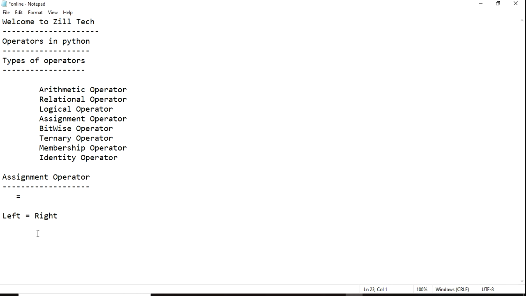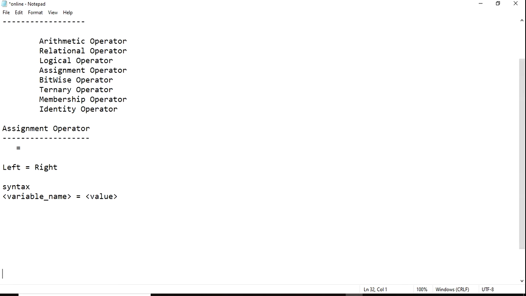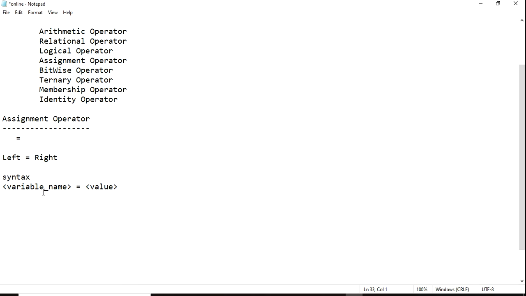Like syntax, we have variable name equals to value. It is mandatory: variable name equals to value.